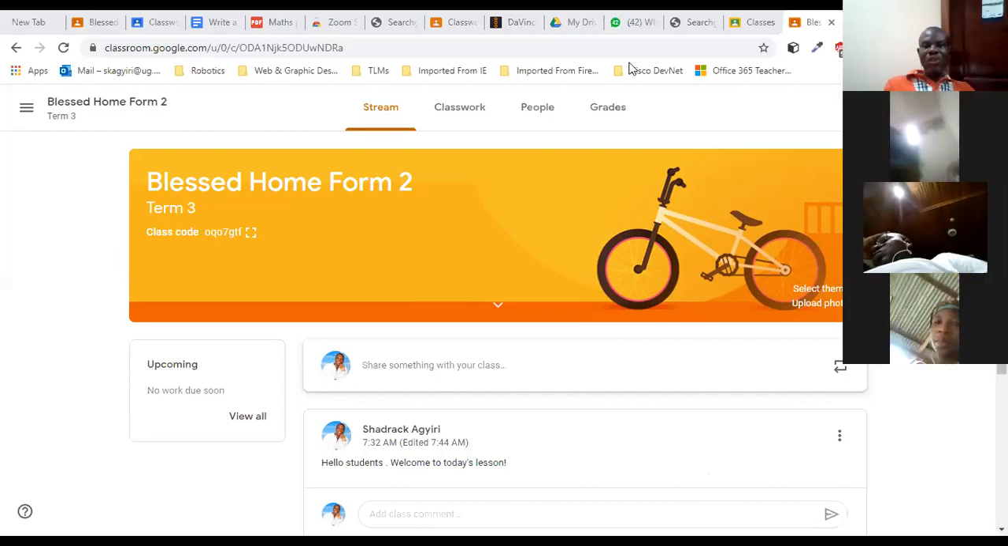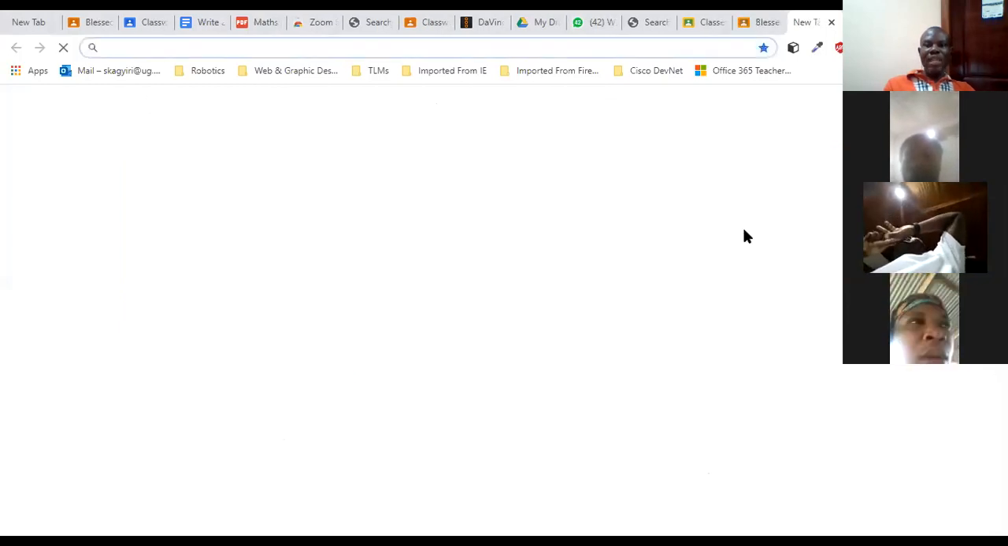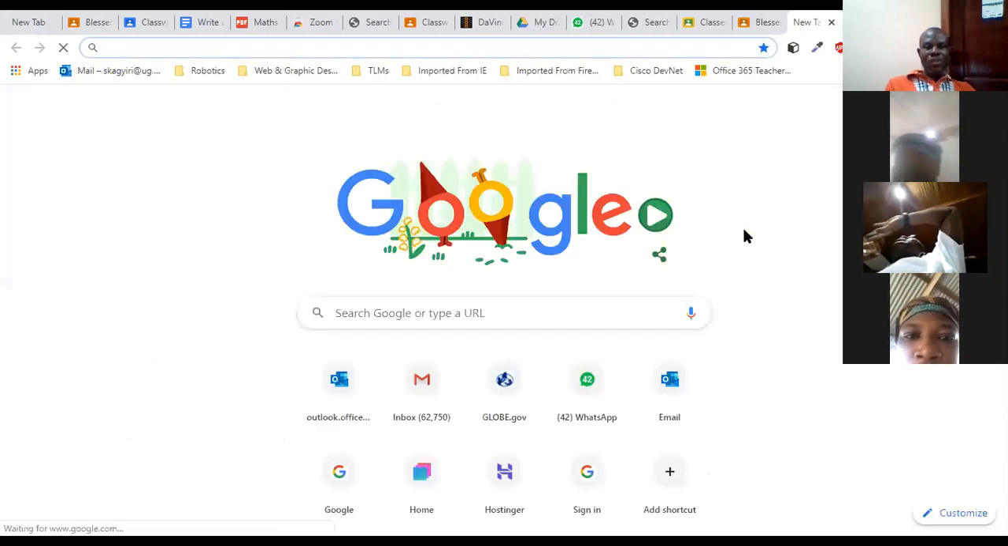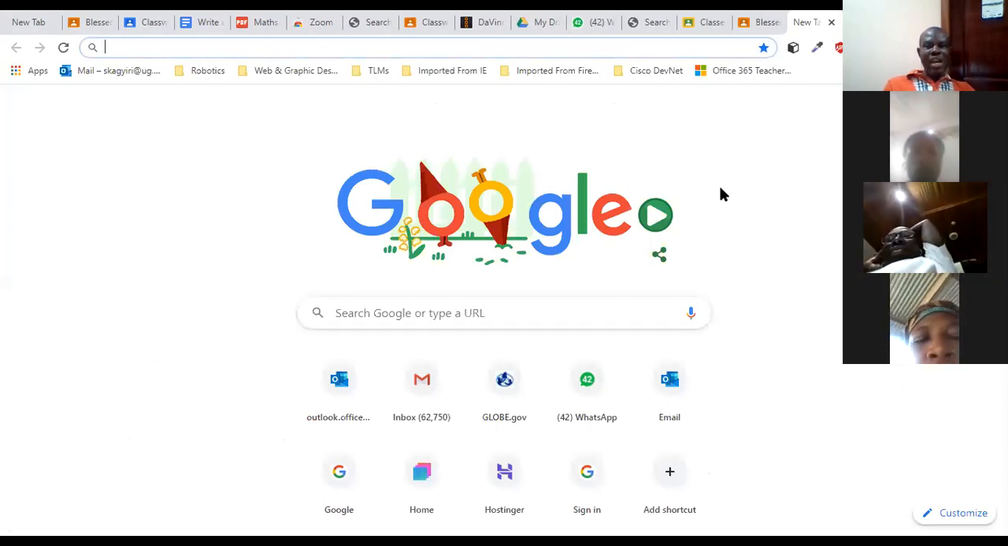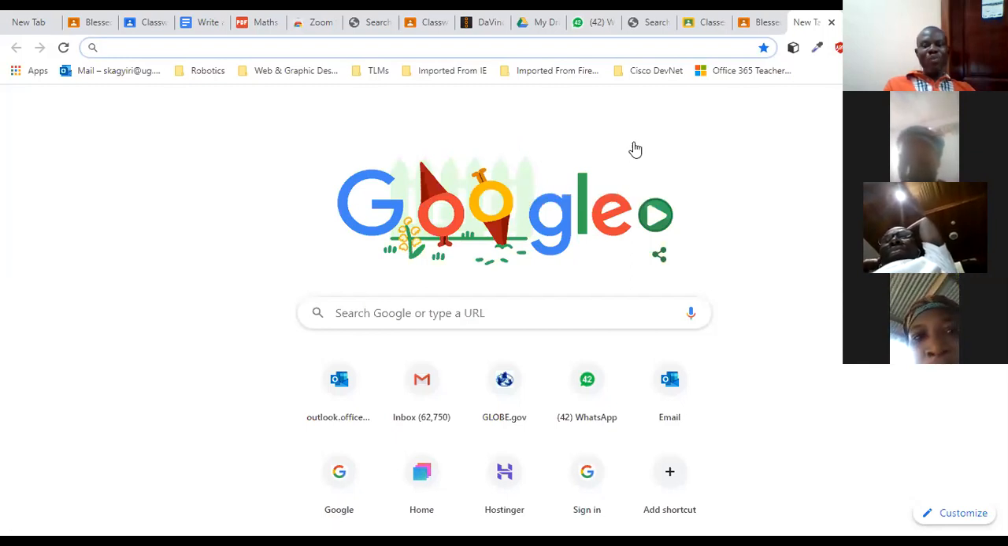So what you are seeing on your screen right now, what I'm sharing with you now, is this browser called Google Chrome. So let me go to a new tab so that you can see it well. So this is Google Chrome. This is how the interface of Google Chrome looks like on any computer or on any laptop. Okay. One reason why I like the Google Chrome for Google Classroom is that